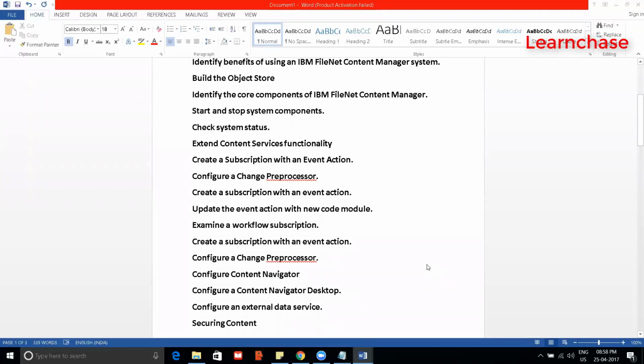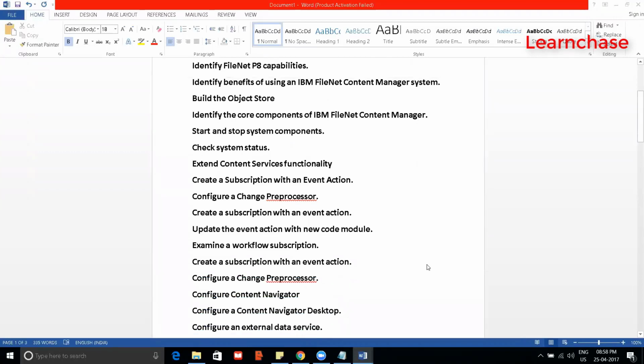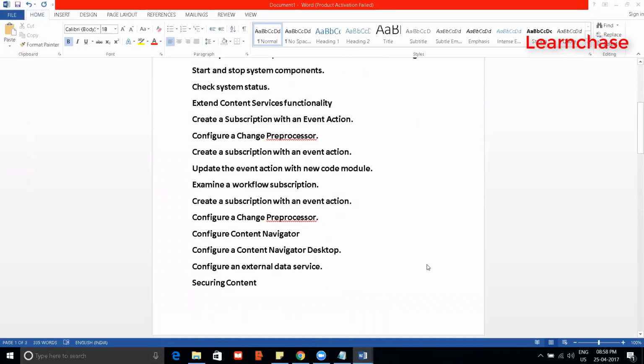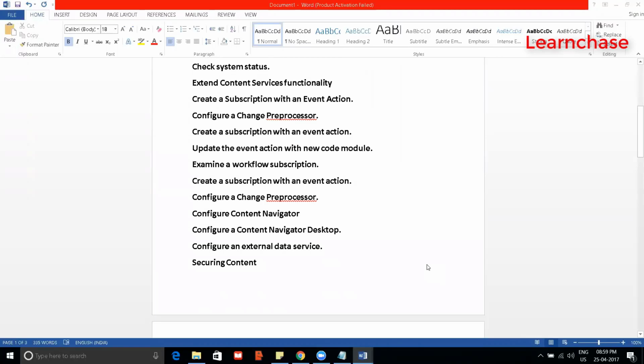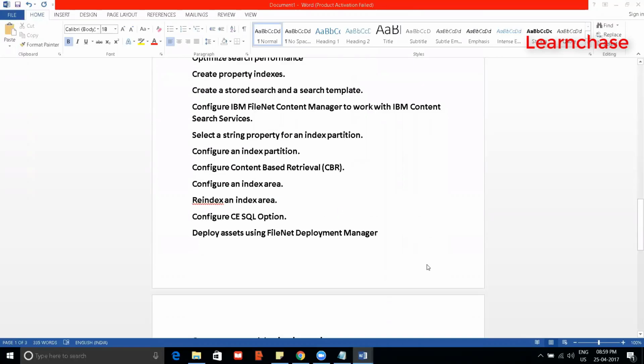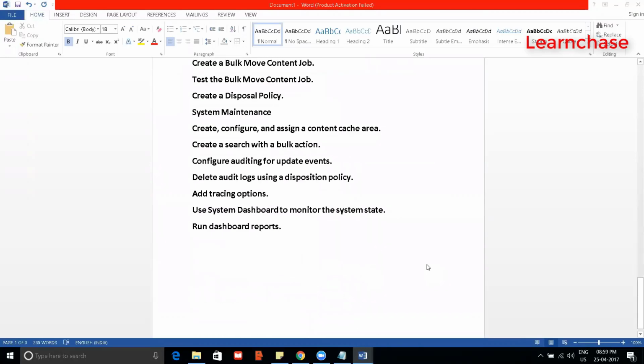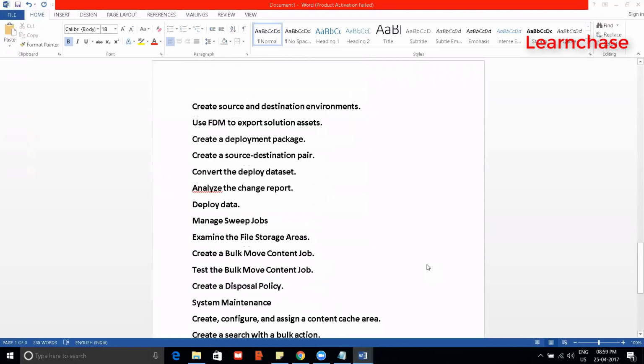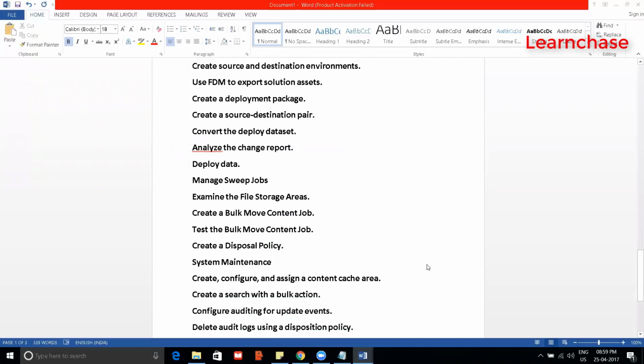If there are multiple nodes basically segregated within the area, where one node is connected to Mumbai, and one node is in London or USA, then how to improve the performance on all these three nodes using the content cache area. So that can also be covered in this course.